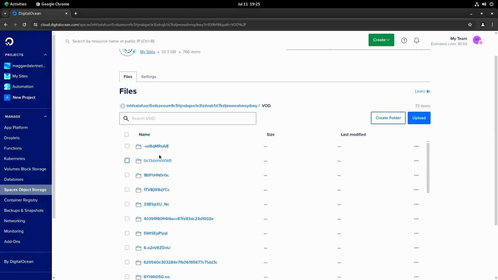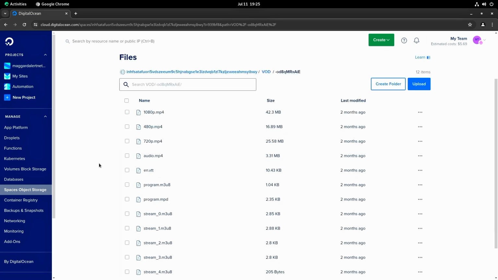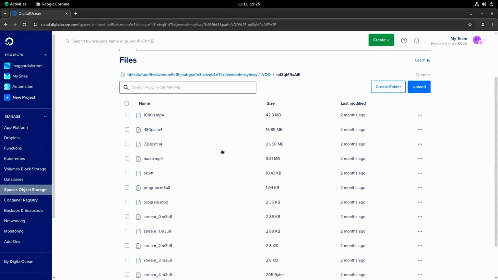So if we look at this folder, this is an example video right here on the CDN, okay? So it's got this video ID up here. The name of the folder itself is the video ID. And we have a caption file, en.vtt, that's for our English closed captions. We've got these files, AV1 1080p, 720p, oh, that's 720 right here, and then 480 here, and then audio here. So this right here will allow us to have the 3 resolutions and obviously audio.